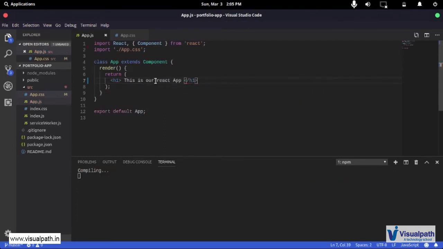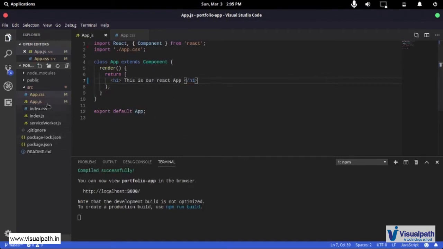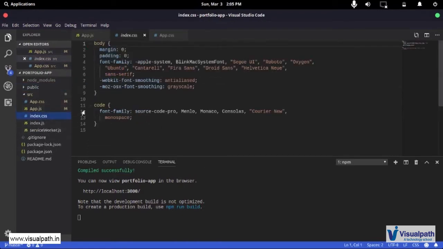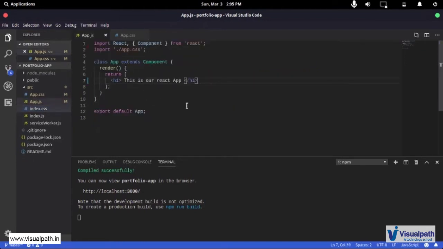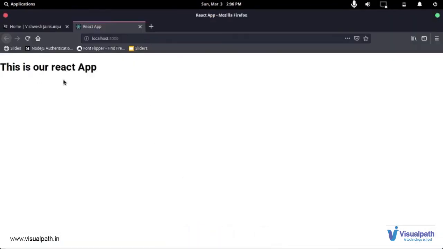So this is the minimal setup we have right now, and I've cleaned the project. Now you see there are 3 files here that we are concerned with, and this looks similar to that. Now I'm keeping index.css as it is because it's just a minimal setup, and it just allows you to create dynamic apps. So I'm going to keep that CSS because it's not going to concern me that much. Now if I save this, you can already see my app is running, and if I go back, I just see a plain white page and this heading.